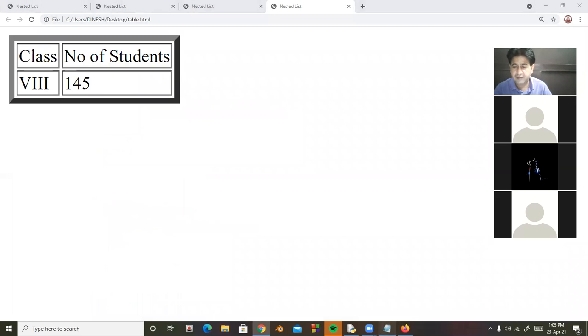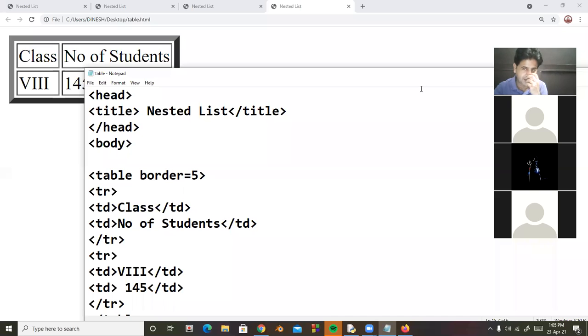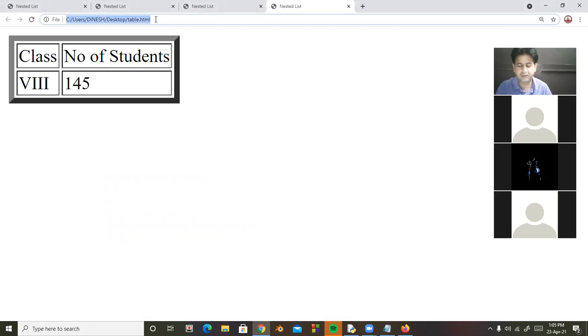But in case, in place of TD, I'm taking here TH. So here I'm taking TH in place of TD. I'm saving this. And look at here, what will be the change?